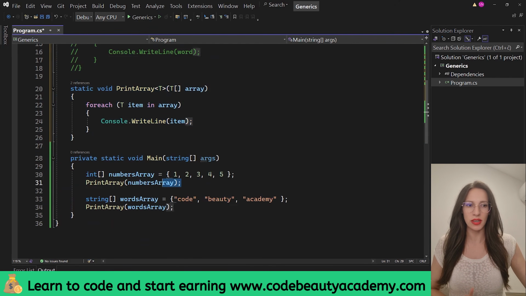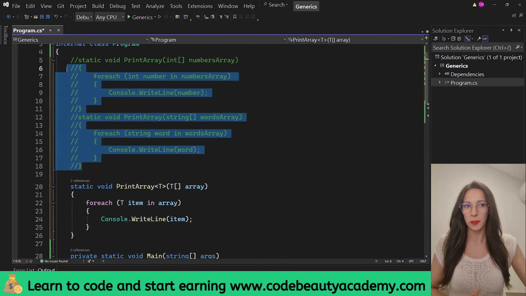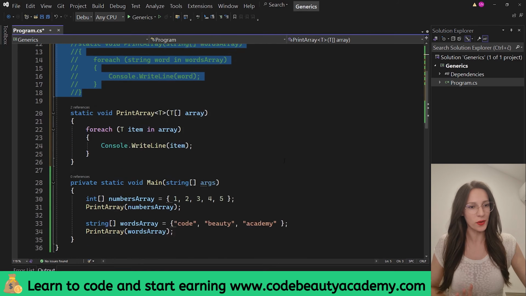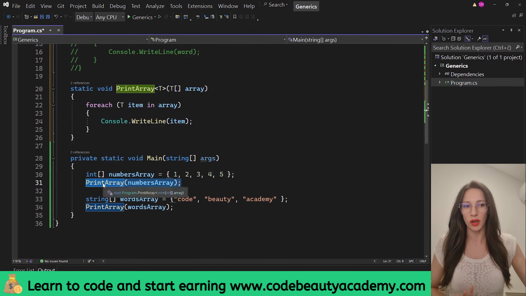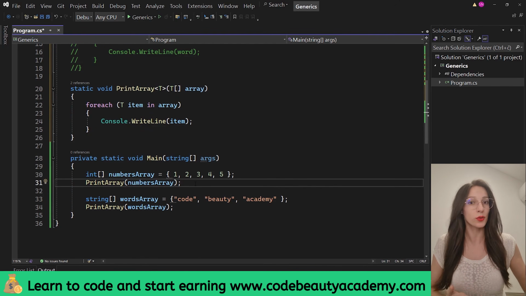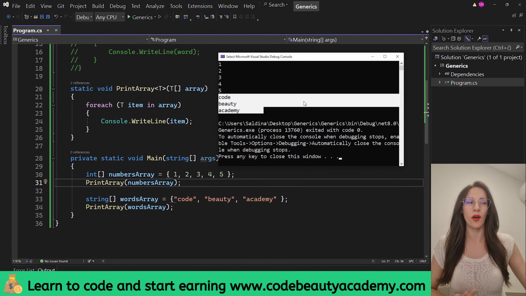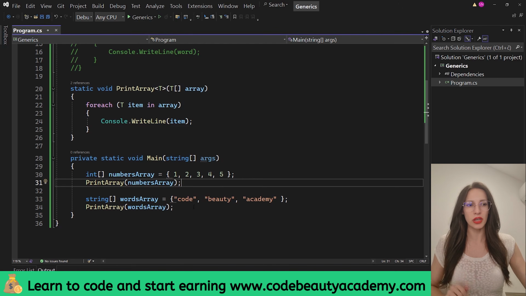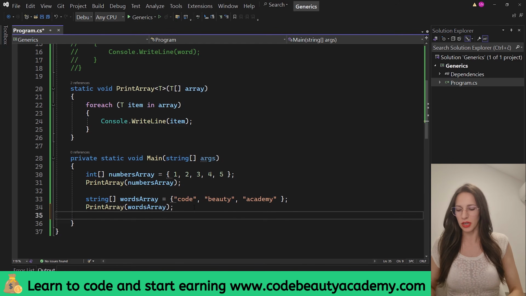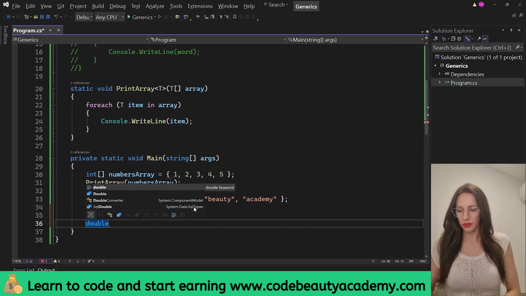And as you can see, we don't have any errors here, even though I have commented these two methods, because now here we will use our generic method, as I said, to print any type of array. So if I start the application, as you can see, here is our array of numbers, and then here is our array of strings. And if I create another type of array, let's say, for example, double array,